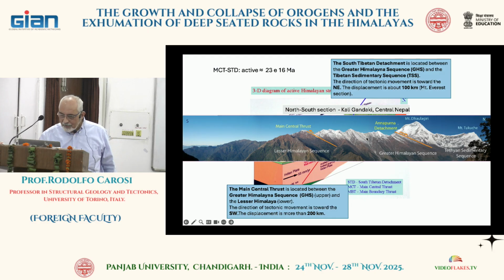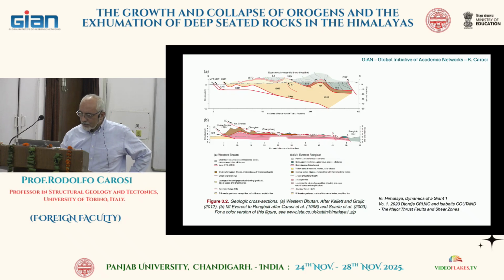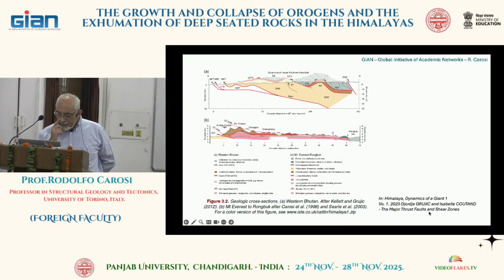And this is one of the biggest I have seen in my life. So, okay, this section is from George Gruitz and Isabel Cotan, from the Himalayan Dynamic of a Giant, showing more or less two cross sections, one from Bhutan. Yeah, you can see the main central thrust a little bit folded down, the South Tibetan detachment, the Kangmar Dome here,